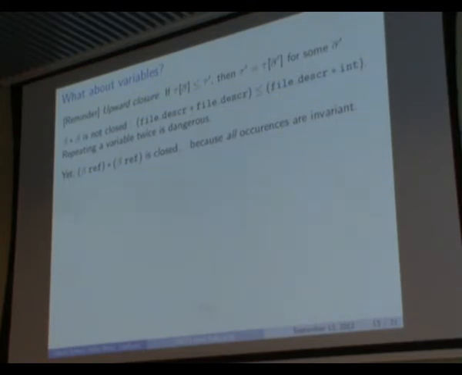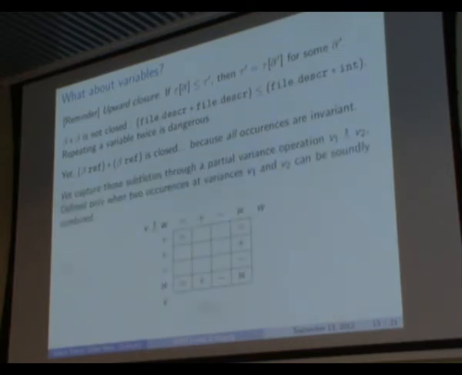Do the work in your head. If something is higher than beta ref times beta ref, it is actually equal to beta ref times beta ref. So we capture these subtleties through a zipping operation, v1 zip v2, which is partially defined. And so you may combine two occurrences of the same variable if their variances are such that this zipping operation is defined. For example, as you see, beta times beta, which is plus zip plus, is not defined in this schema, while